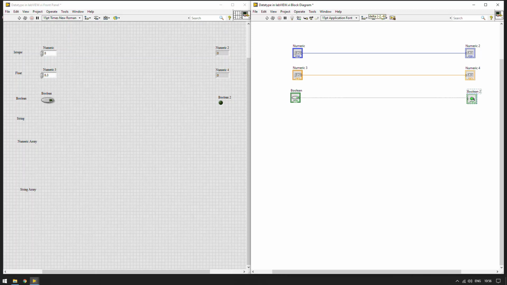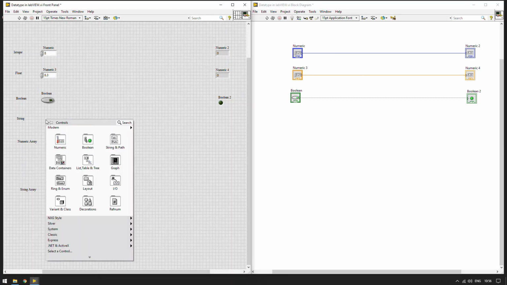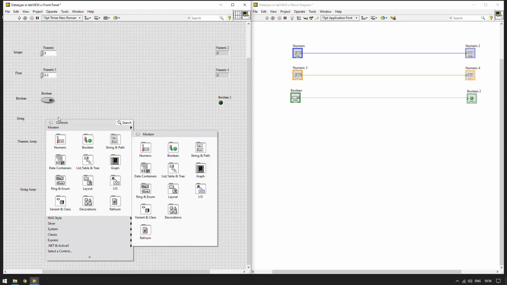I have connected them as well. Till this point, I think you have noticed that the colors of different data types are different for blocks and wires as well. That is the main way for you to recognize the data types. All the data types have their own color, and different data types can be recognized by their colors.